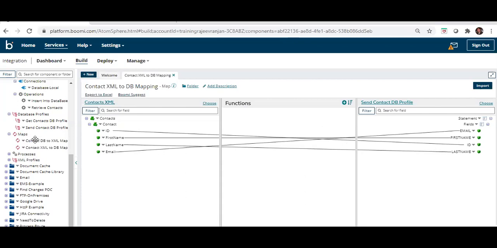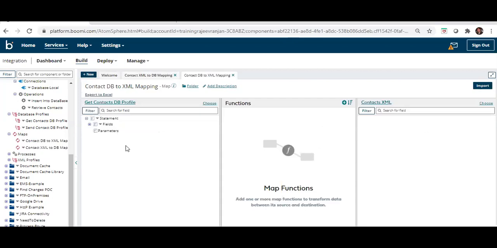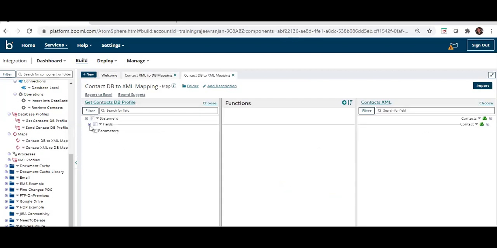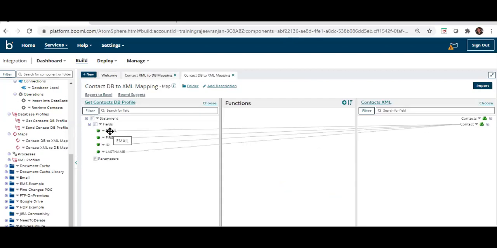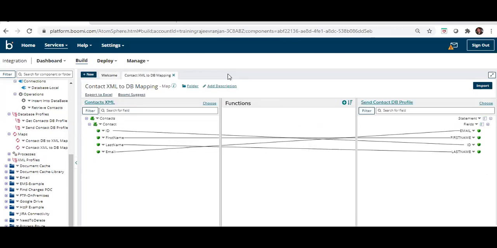The second is while I'm fetching the data from the database. This is vice versa, where the source is our database profile and the target is our XML profile. This is a simple one-to-one mapping.